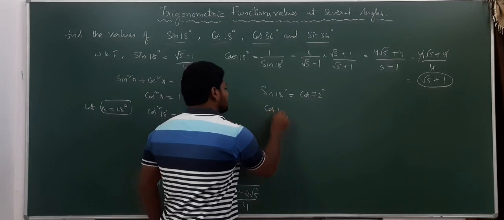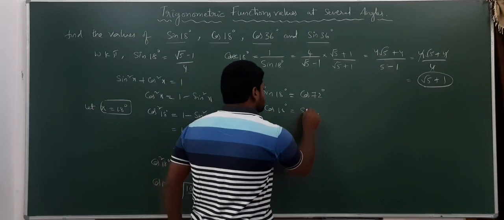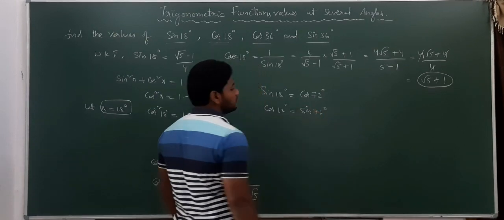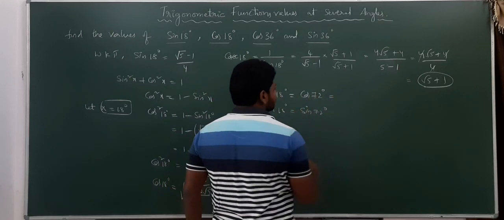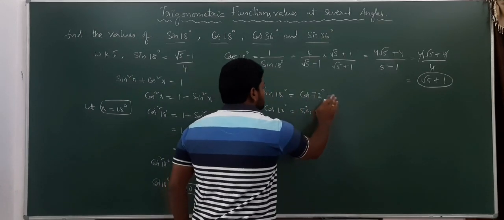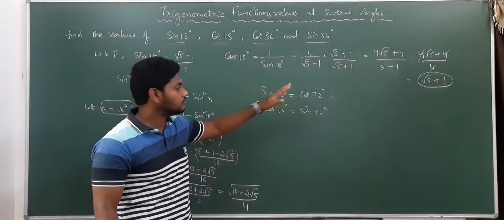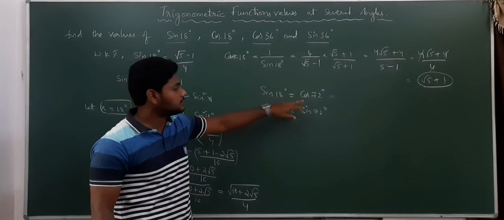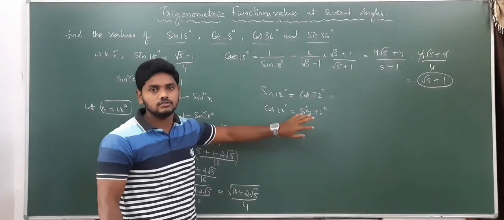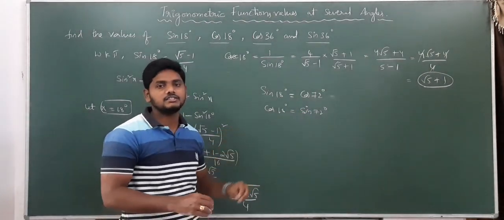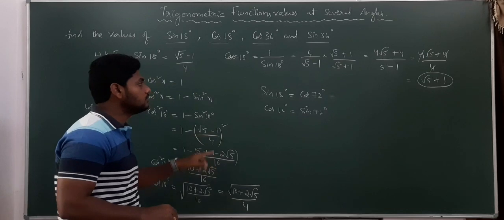Now, if you know cos 18 degrees, this cos 18 is also equal to sine 72 degrees. If this is cos 72, for example, if you know how to find cos 72, secant 72 is what? 1 by, the reciprocal of cos 72. Like that, if you know sin 72, what is cosecant 72? Reciprocal of this. So like this we can get so many values based on the sin 18 degrees value. Pause the video to note it down.